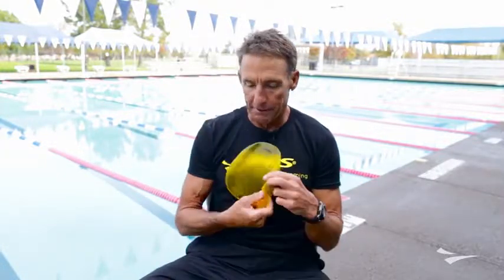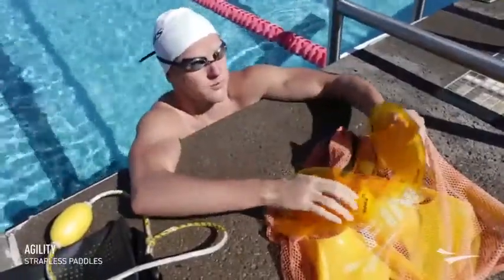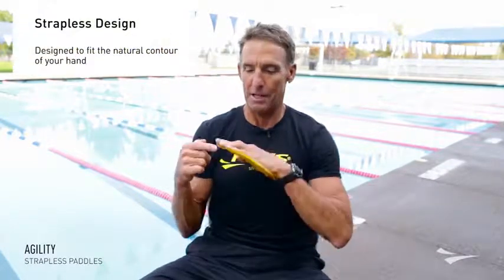And I want to just show you a couple of the paddles. This one that I have in front of me is called the Agility Paddle, and I've been using it with my group in Boulder, Colorado, and a lot of the athletes that I coach worldwide. I've recommended this paddle for a couple of reasons. One, it looks funny. It's pretty darn unique though, because you just slide your thumb in it like this. I apologize, that finger is kind of crooked, but it allows you to keep your palm real flat on the